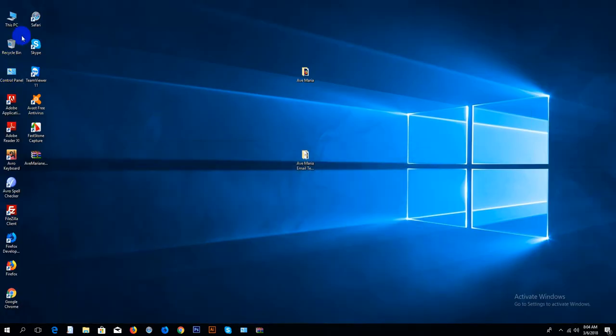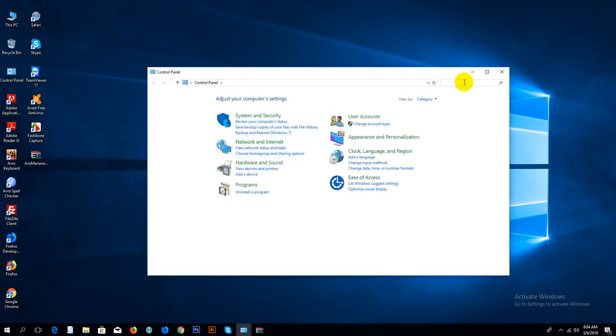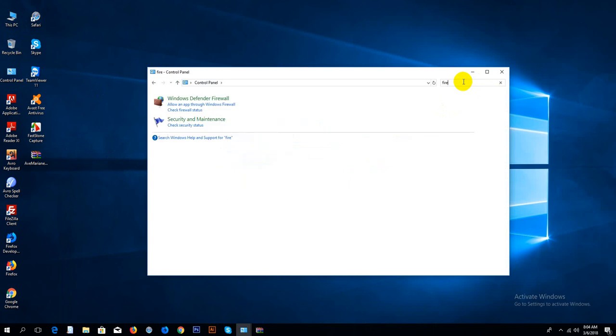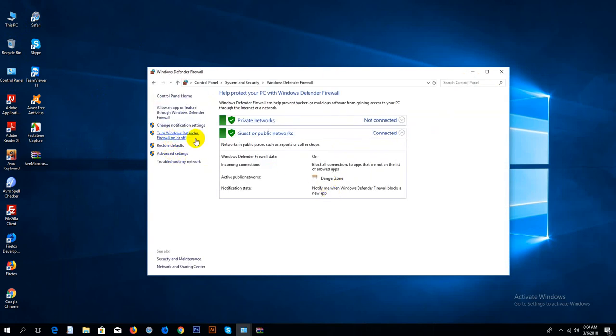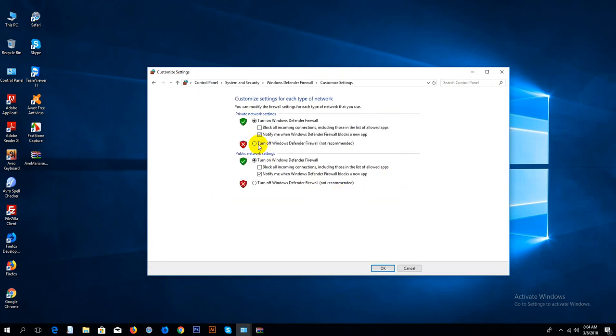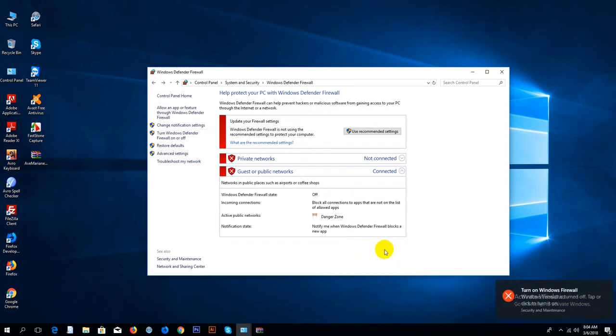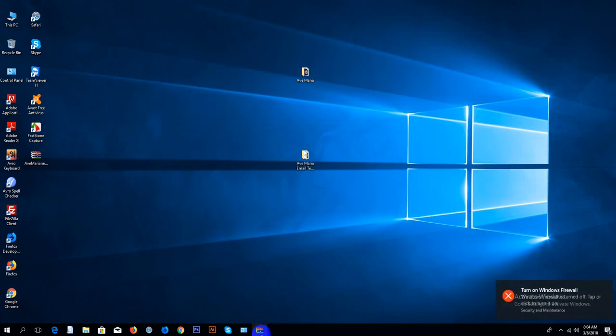which is go to control panel. I have to disable the firewall also. I'm searching for firewall here. This is the firewall, and go to here, turn Windows Defender firewall off. Okay, then